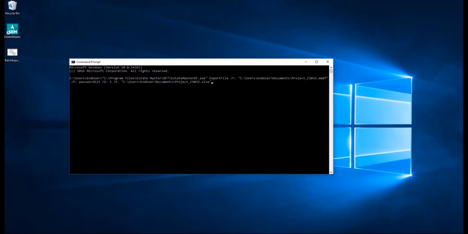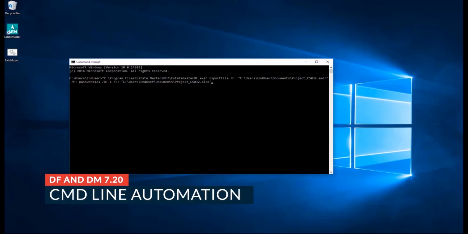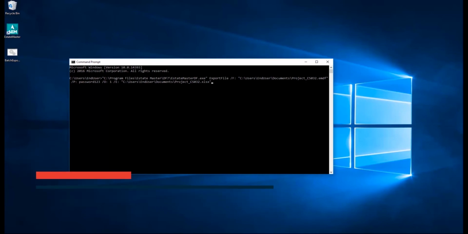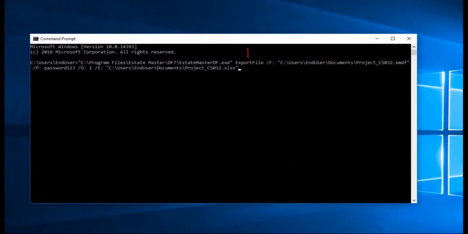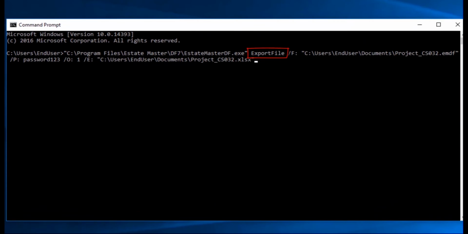Working with Excel is quite common in this industry, so when you need to export all your projects modelled in ARGUS EstateMaster to Excel to undertake additional analysis, we have introduced a solution to make that process easier. With a simple command called Export File, you can define the file you wish to export to Excel, its password